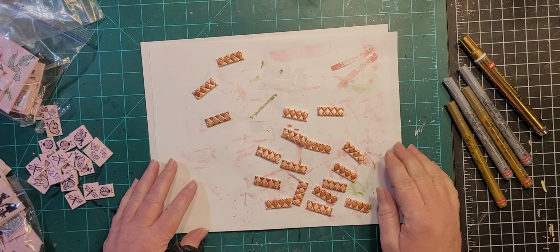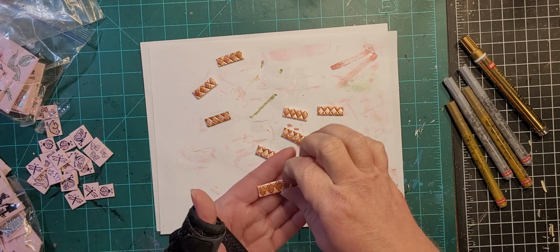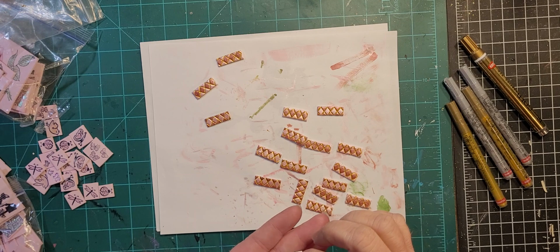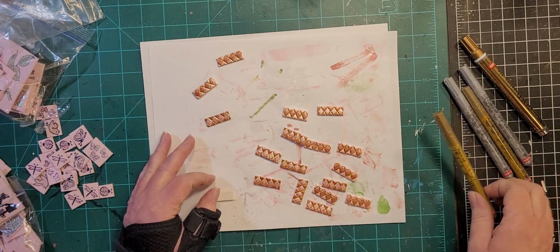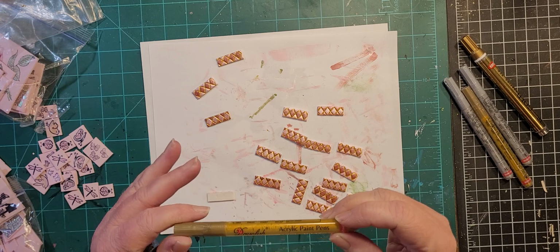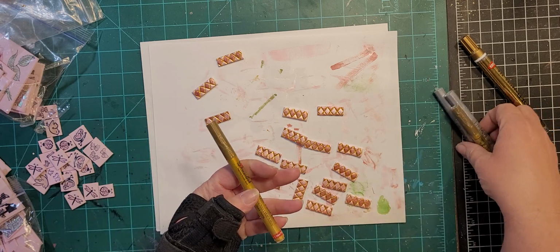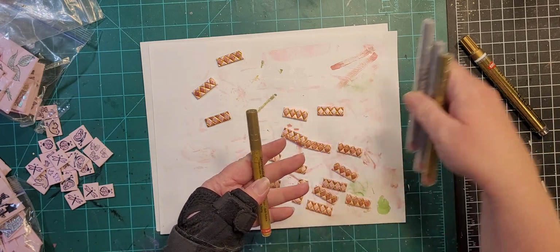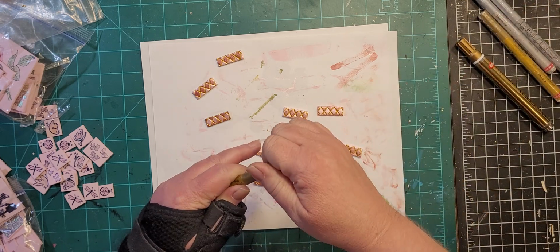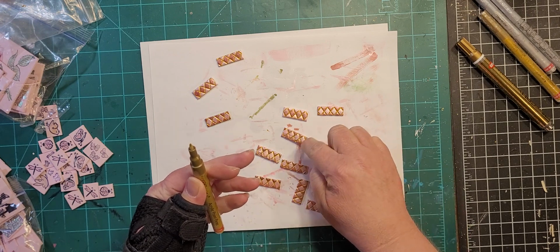I'll get to that in a minute. Okay, so I finished painting up my hand painted tiles with the two different colors of pink. And then I got these off of Amazon. They're called Drawlish acrylic paint pens, and the box came with 2 gold and 2 silver. I got them because they're extra fine point, so it made it easier to do the gold